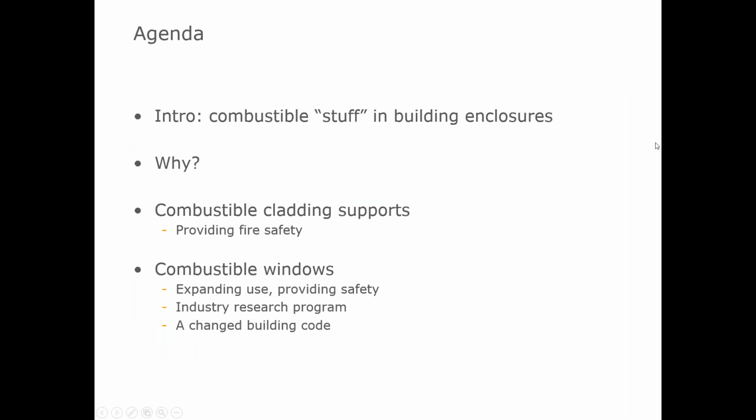In our learning session today, we're going to first look at what stuff is combustible and in the building enclosure. There's more of it today than there ever has been, but that doesn't mean that we're compromising anything. We're going to look at why that is. Why is there combustible stuff in non-combustible buildings, building enclosures? We're going to look at combustible cladding supports for the opaque walls. We're going to look at combustible window framing for the fenestration area. We're going to focus on why these things exist and how safety is assured and maintained throughout, including what